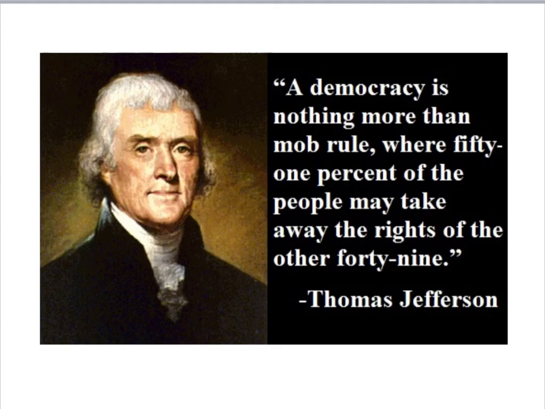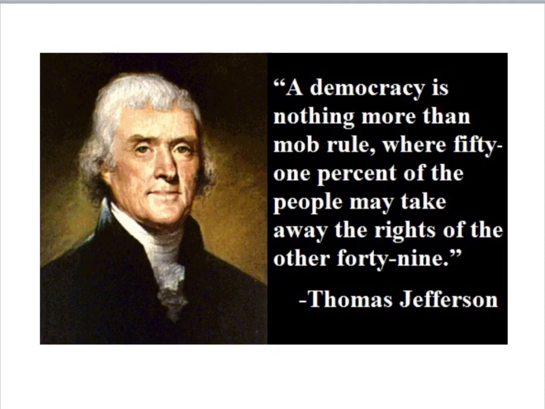But Thomas Jefferson voiced a well-known theory of democracy. He said that a democracy is nothing more than mob rule, where 51% of the people may take away the rights of the other 49. So one of the big fears about democracy has always been this fear that it might turn into a tyranny